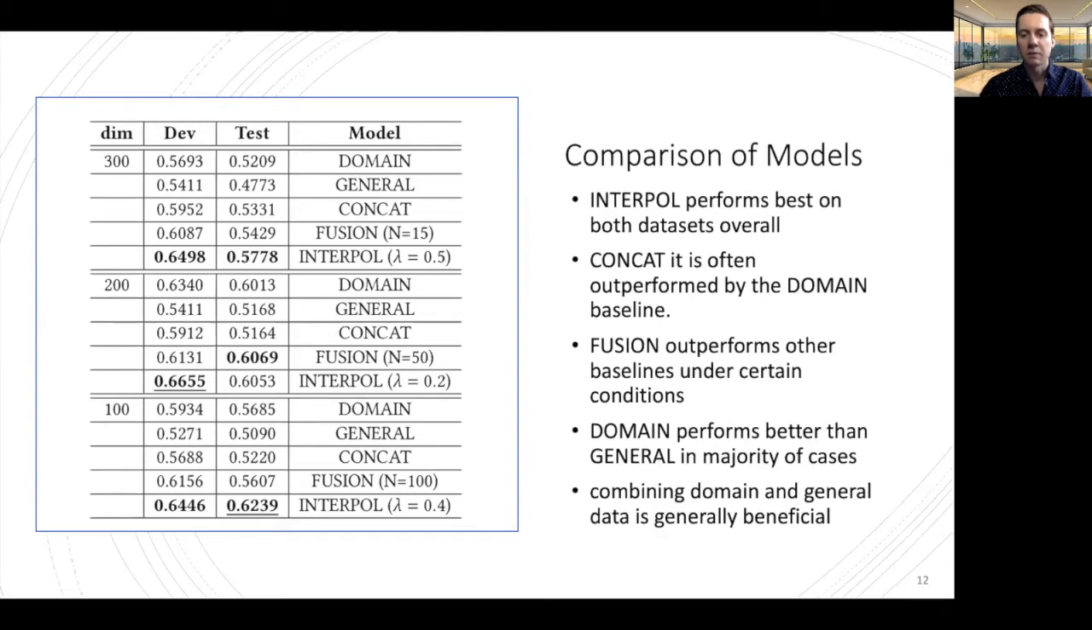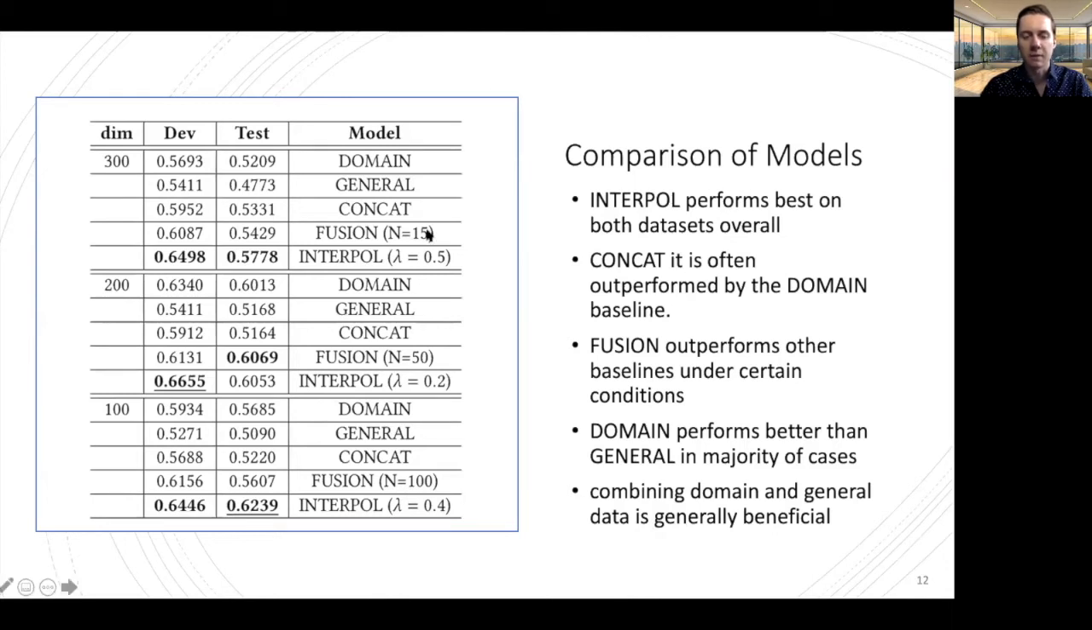Fusion is able to outperform other baselines under certain conditions, as can be seen for the 200 dimensions on the test set, n equals 50. However, training of the fusion method is very expensive because for each different setting of n, you have to retrain all embeddings. Domain performs better than general in the majority of the cases, which is expected because the general embeddings